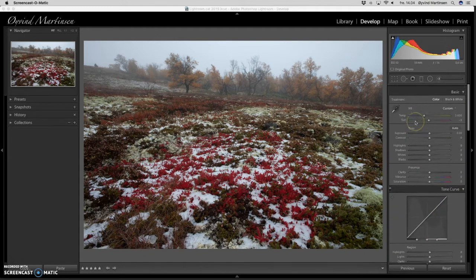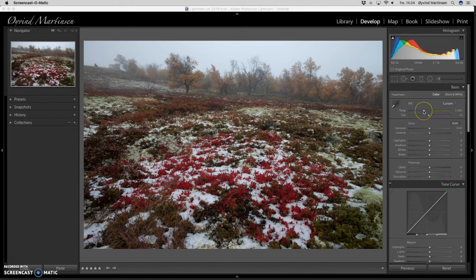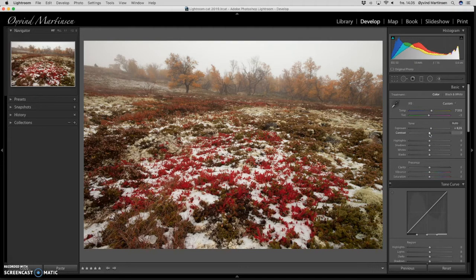So I'm going to slide up to the top here, and the first thing I'm going to do is to warm up the tones, the color temperature, with a little bit warmer tones to make the autumn colors pop out more. I go to the temperature, slide it to the right around here, and I want to lift the exposure a little bit, so lift it up here on the exposure, get a more happy tone, and we can increase the contrast,